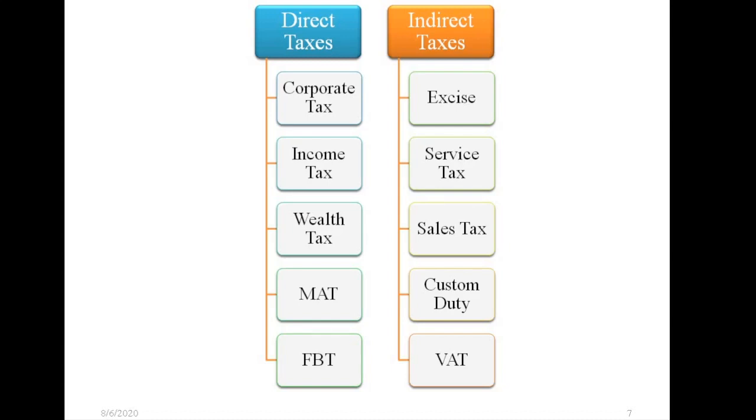एफबीटी, जो ये भी कंपनीज के द्वारा लगाया जाता है, जिसको हम फ्रिंज बेनिफिट टैक्स बोलते हैं। छोटे छोटे टैक्सेस हैं जो हम परक्विजिट फॉर्म में देते हैं, बेनिफिट्स देते हैं एम्प्लॉइज को, लेकिन ना तो उसके ऊपर कंपनी टैक्स देती थी और ना ही वो एम्प्लॉई टैक्स देता था। इसलिए उस चीज को अवॉइड करने के लिए कंपनीज को बोल दिया गया कि अब एम्प्लॉई से आपने एफबीटी लेना है, दैट इज फ्रिंज बेनिफिट टैक्स। तो अब हमें नॉलेज हो गया कि डायरेक्ट टैक्सेस क्या होते हैं और इनडायरेक्ट टैक्सेस क्या होते हैं।